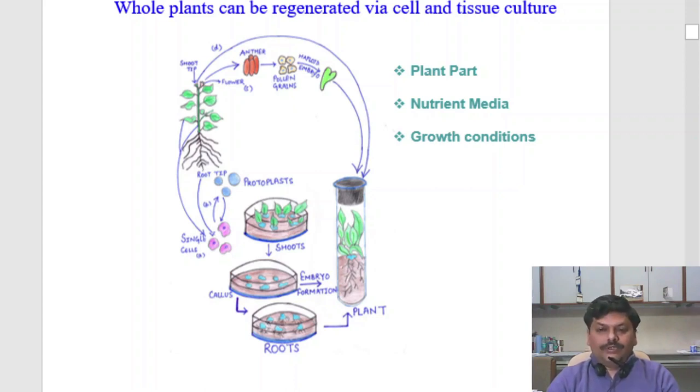What type of growth conditions, say for example light conditions, temperature conditions, humidity, and other things are provided so that the chosen plant part on a chosen media gives us the intended product